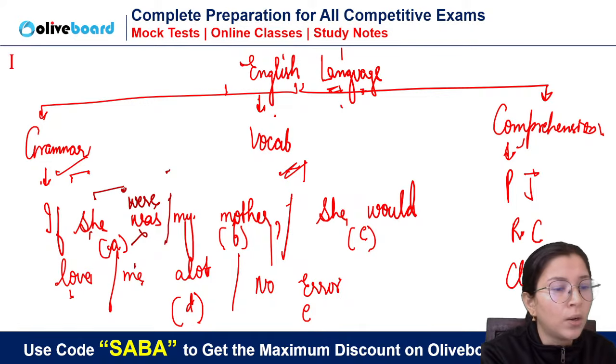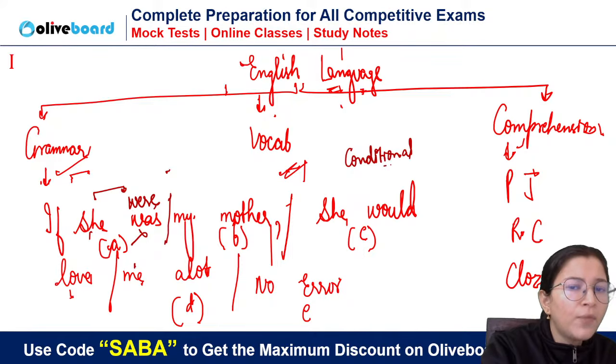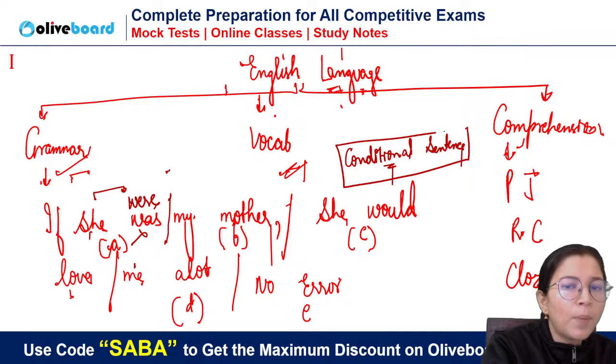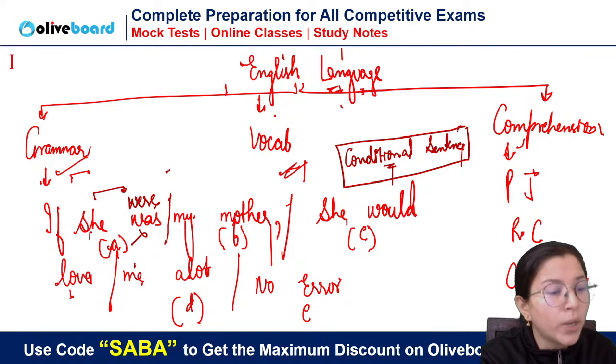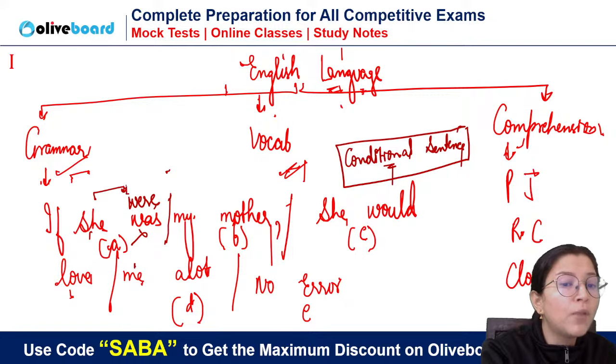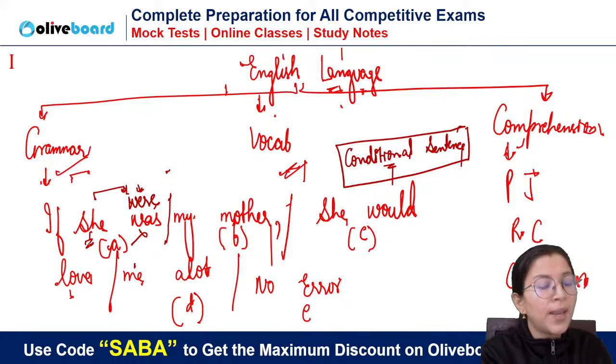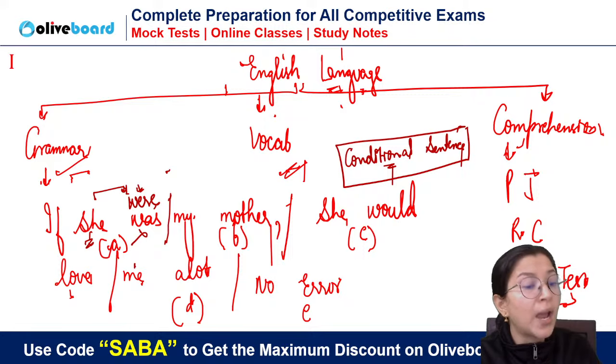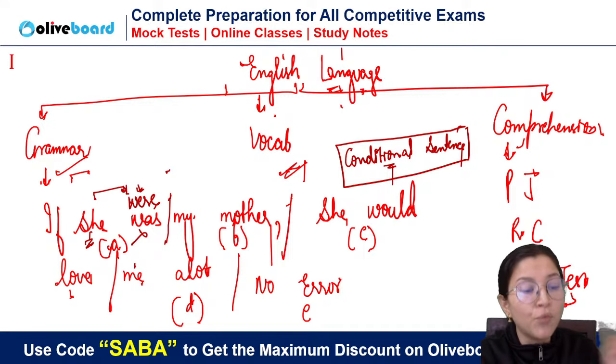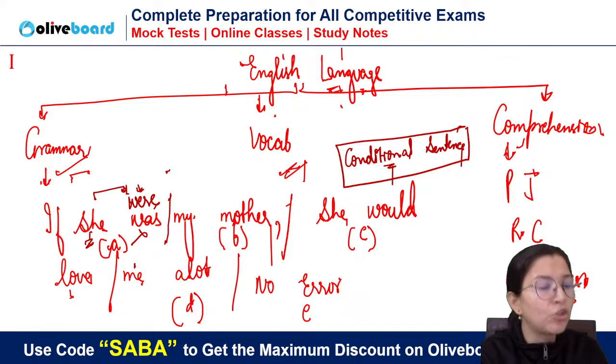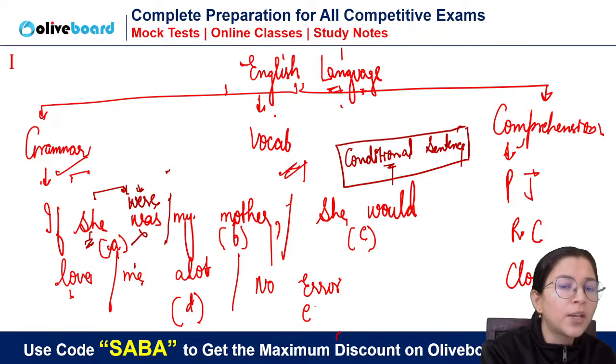Okay, if I teach you conditional sentence, I teach you this rule that whenever we talk about improbable wish, जिसको इन हिंदी में कहते हैं कोरी कल्पना, जब भी हम किसी कोरी कल्पना की बात करते हैं तो there we use plural verb even with singular subject. Like "I was a bird" is wrong, I wish I were a bird. I wish I were a prime minister. If I was a prime minister is wrong. If I were the prime minister of this nation. Okay. So that is why there is one rule, that conditional sentence. Okay. And this is how error detection will come.